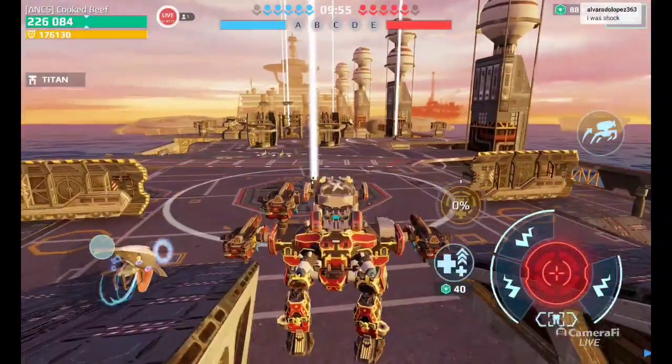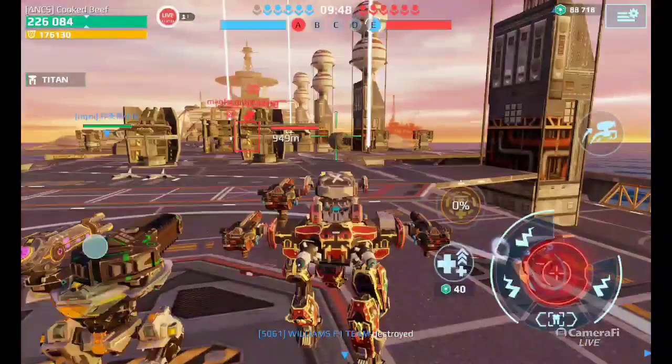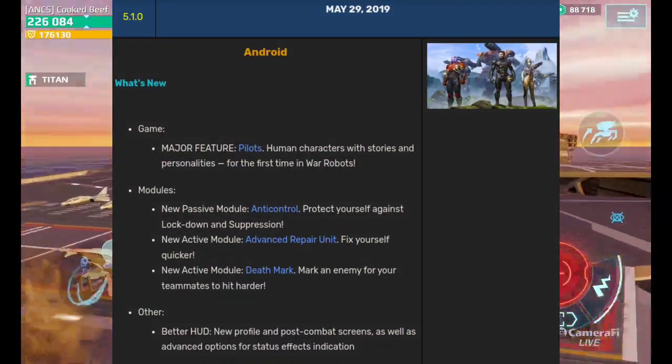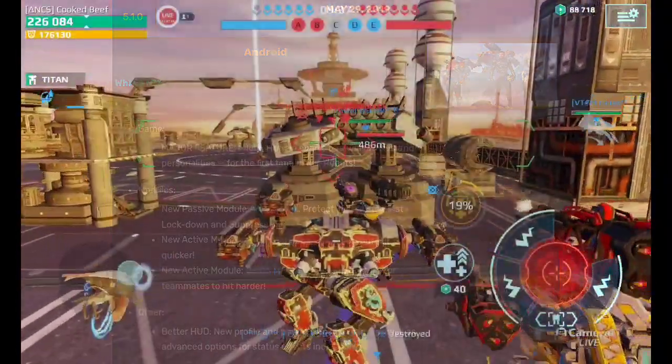Pilots. Where do you get them? Why did they get added? And how does it affect your gameplay in the battlefield? Pilots got first introduced into War Robots in Update 5.1 as a new way to expand the game within lore